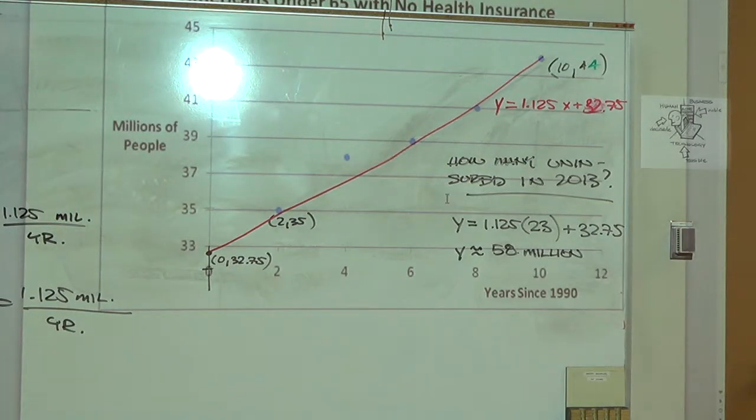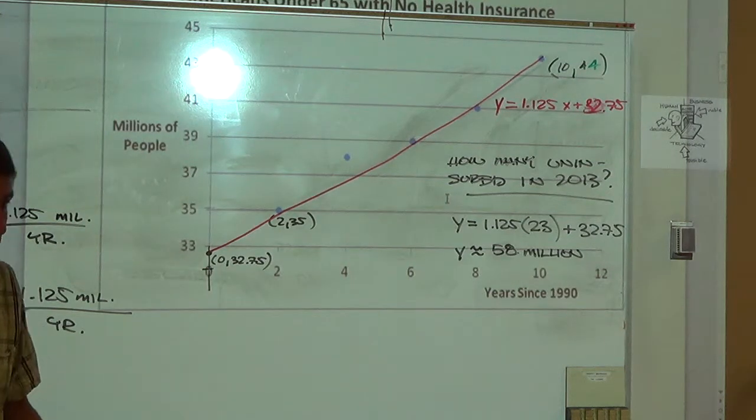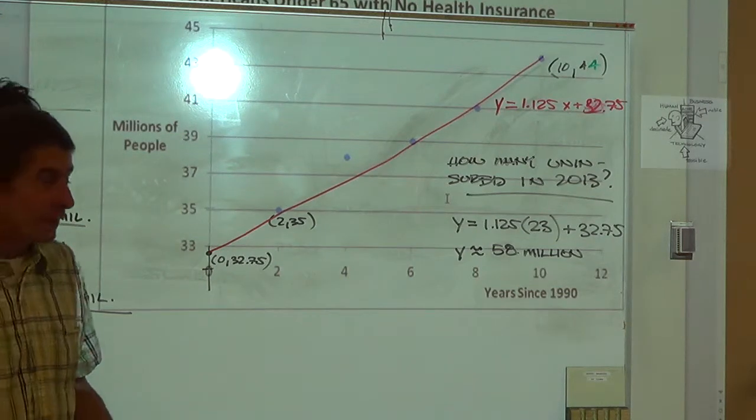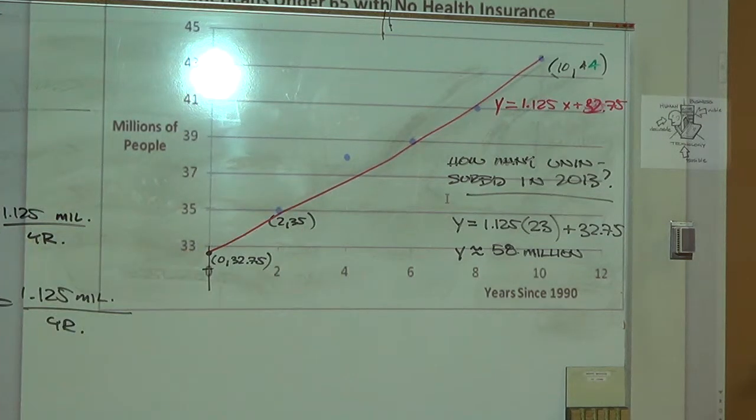Now, we'll leave you with this for the time being. No homework for tonight except to prepare for your exam on Wednesday, which does not have this on it. Next example. I could feel the energy draining in the room as we went through that. As soon as I put the graph on the board, and then as soon as I busted the slope, and then as soon as I started doing calculations,